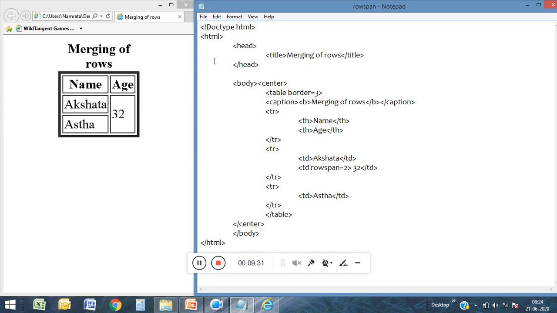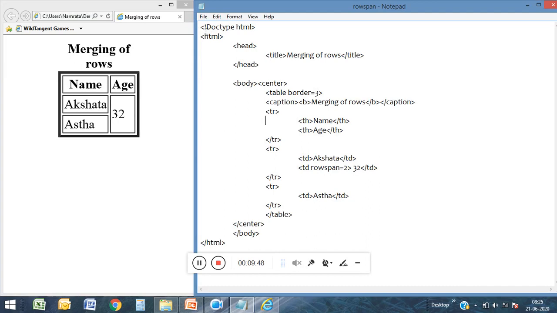In the same way I use the row spanning here. This is your caption, this table is made up of 3 rows, but now here we are doing the merging of the rows. So for that I use this.